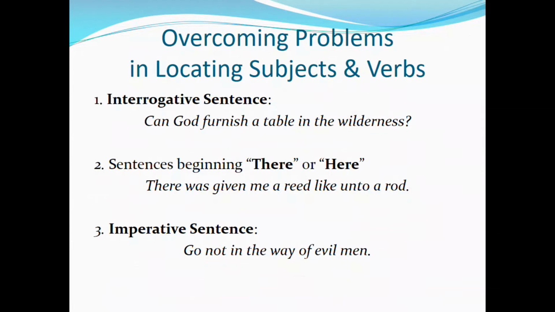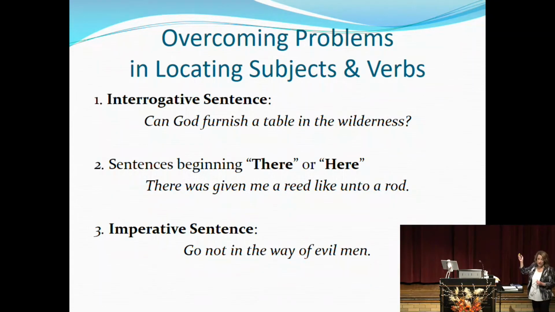Now, we want to make sure that we overcome any problems with sentences that aren't declarative and so easy to find in nature, and some of these are listed here. Interrogative sentences, sentences that begin with there or here, or imperative sentences can trip us up if we don't follow our process and procedure. Should I show you how it works? An interrogative sentence quite often has the subject way in the middle of a verb phrase. But we're going to follow our process and procedure, and we won't get it incorrect.